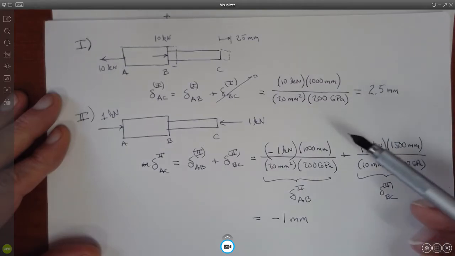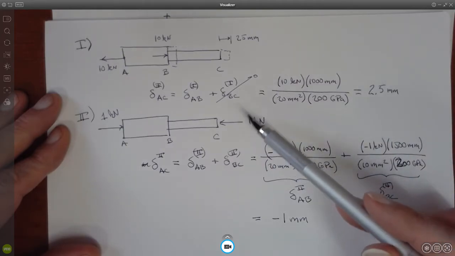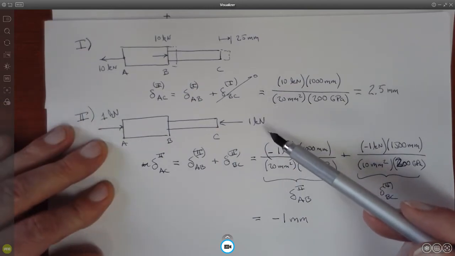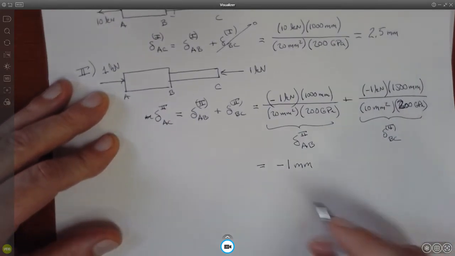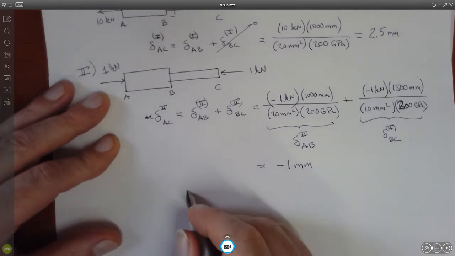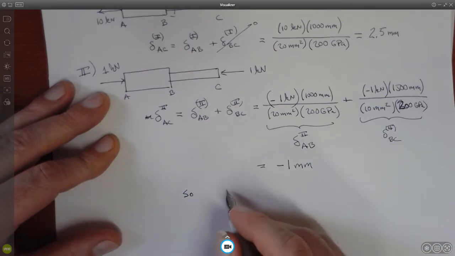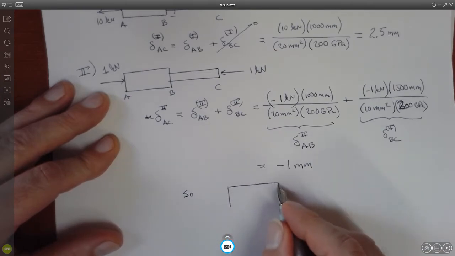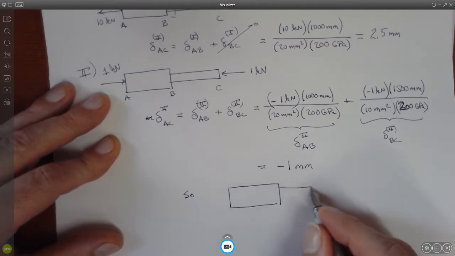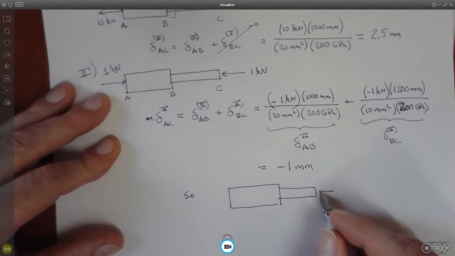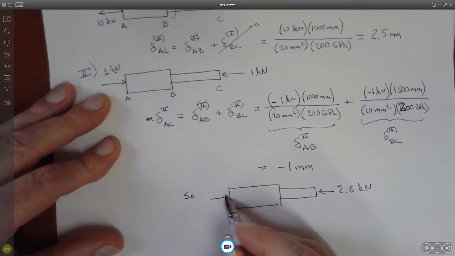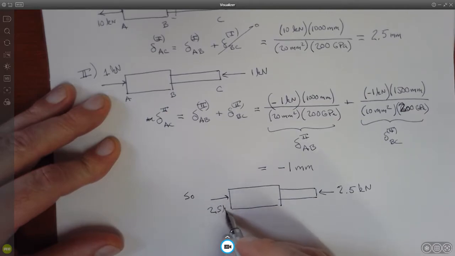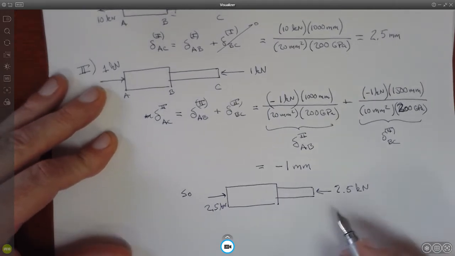So that means that this force needed to be 2.5 times greater than this. So actually this force should be 2.5 kilonewtons. Does that make sense? So if we had this as the loading condition, where we put on this end 2.5 kilonewtons, and then we'll put a reaction force back here of 2.5 kilonewtons, we know from linearity that this